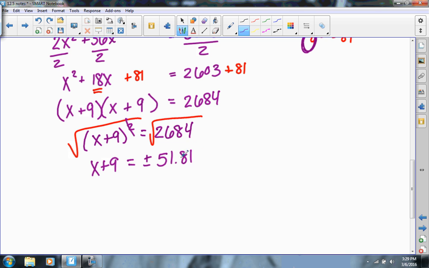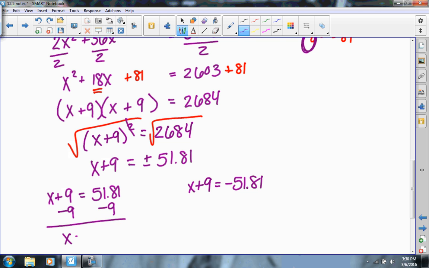Now I'm rounding just for now. As we get to our final answer, we'll determine if we need whole numbers or decimals for our final answer. And when I'm dealing with this plus or minus here, again, remember, I would have two equations. X plus 9 equals positive 51.81, and then x plus 9 equals negative 51.81. Now this equation makes sense. This means I have 51 parts, and I can subtract 9 from that, and I'll get x equals